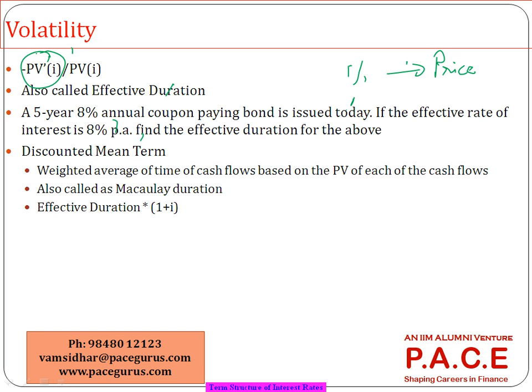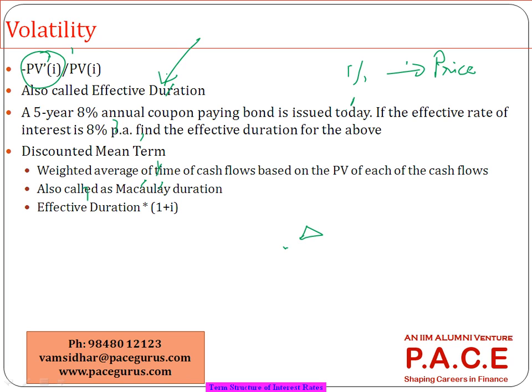So what is the change in the present value based on the interest rate? If the interest rate changes by some delta, what would be the change? What would be the percentage change or proportionate change that could come up in the present value as a proportion of the original value itself? That's what we are calling the volatility. And the prime name associated with the volatility is the duration, or in a better way we even call it the effective duration,